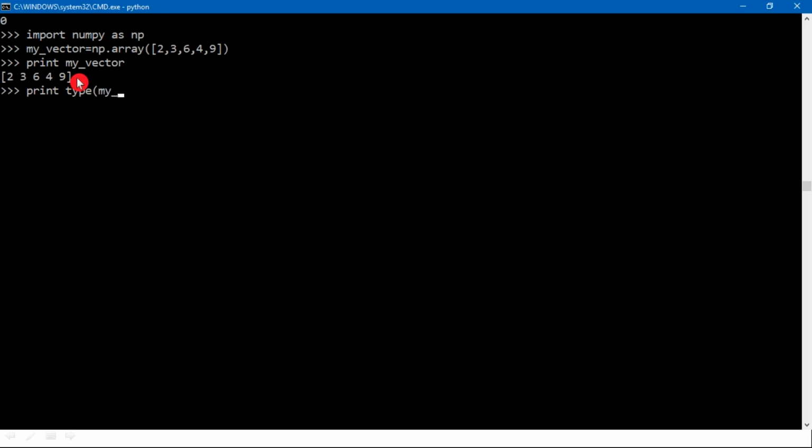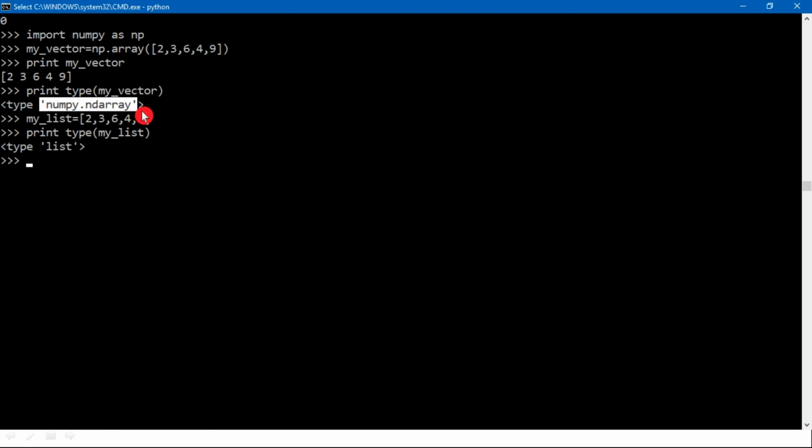So type of my vector: the type is numpy ndarray. Now suppose I have a list with the same data, 2, 3, 6, 4, 9. If you print the type of my list, we get list, as it already is one. Here the type of your vector is n-dimensional array, or ndarray, which is one more data structure like list, tuple and dictionary.